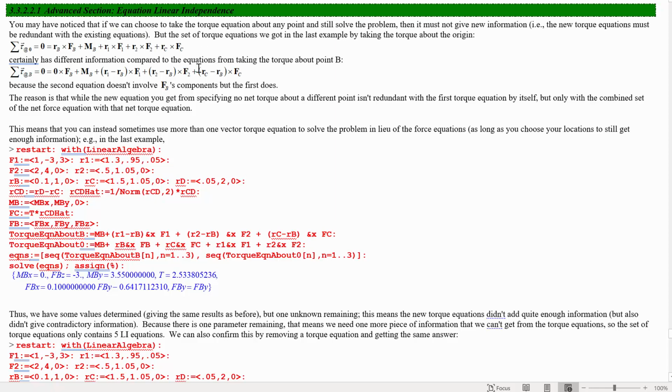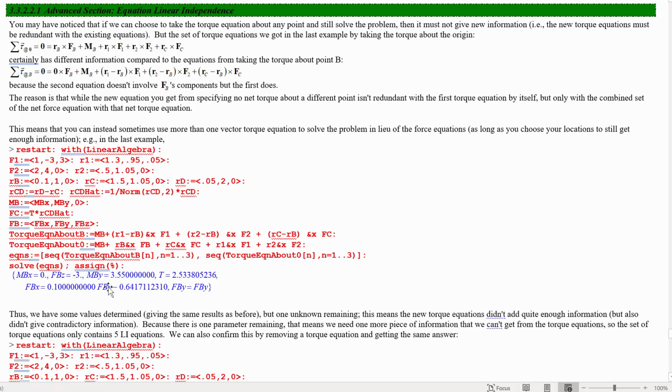So the most straightforward way to do this is to use the force equations and then the torque about any point that you like to get the torque equations. But sometimes it's convenient to get targeted equations, get the equations that you're looking for directly by using more than one torque equation instead of one or all of the force equations. So you can try this out. Torque about B and the torque about 0 together